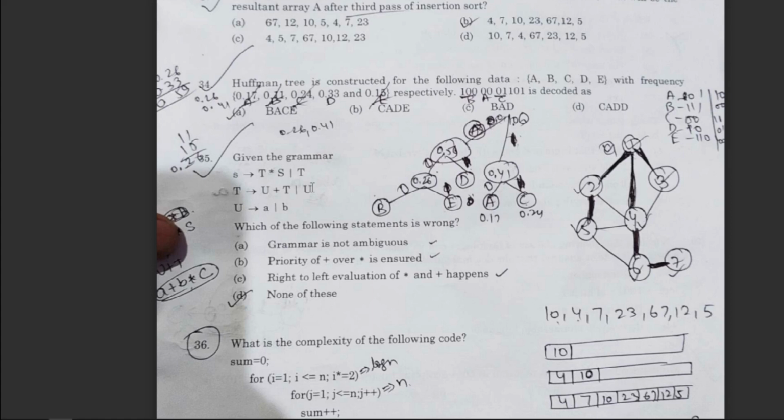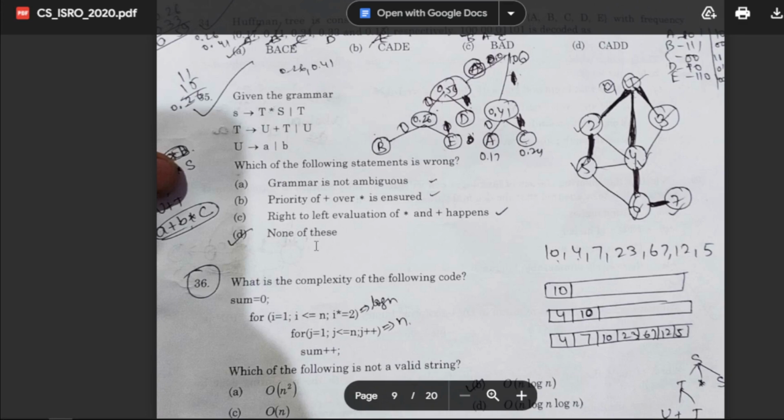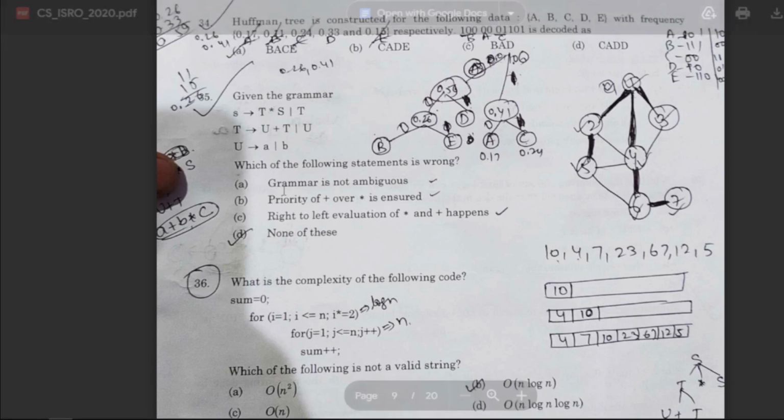So now the code is decoded as what, right? If you solve question number 34, you will get the answer as A, that is BACE. Now 35, given the grammar like this one, which of the following statements is wrong for this particular grammar? If you solve 35, you will get the answer D, because all of the above are true for